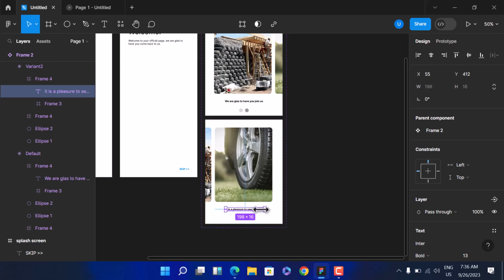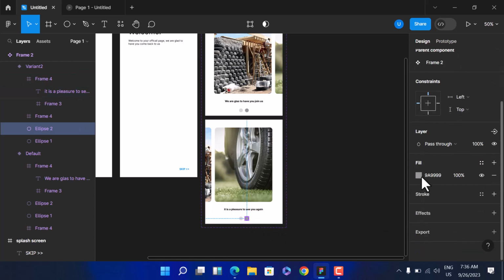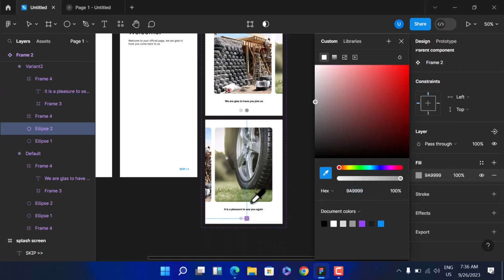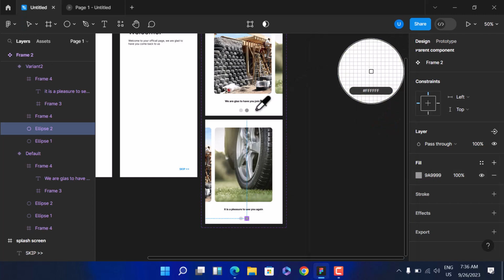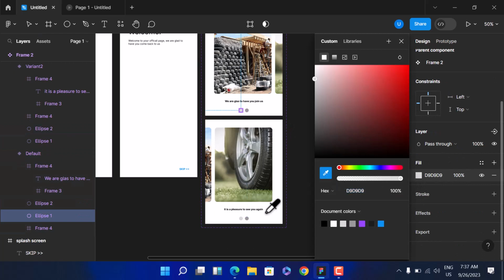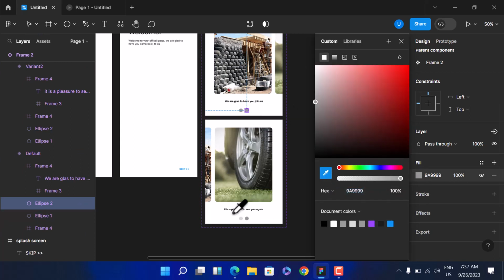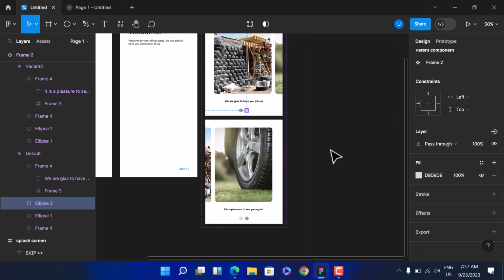So, okay, I now need to change this color. So I think this one should be the darker one here, and then this one over here can be the lighter one. I use my eyedropper to pick the color. Yes, so looking great. But then I want to be able to slide through, so I just go to prototype,